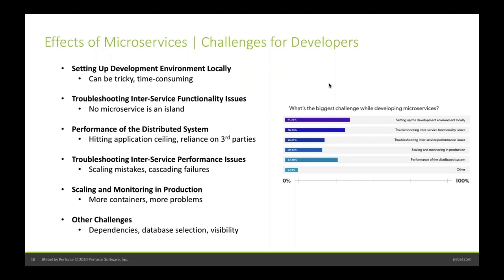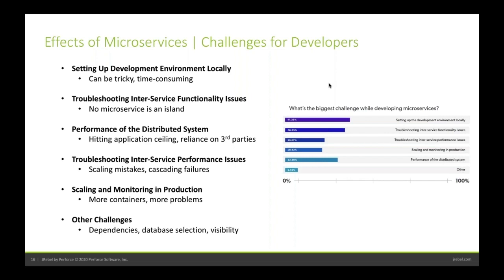We talked about cascading timeouts in performance issues, but you've also got cascading failures, scaling mistakes, things that cause chunks of the system to go down, maybe because one service timed out, which triggered another one to time out, which made some other service think that service was completely down and fail over or something. These ripples can be challenging because in a large enough system, you're always in a state of partial failure. If you've got hundreds of services, something is always down, something's always being scaled up, failing over, etc. And again, troubleshooting and tracing your way through that can be a bit of a mess.